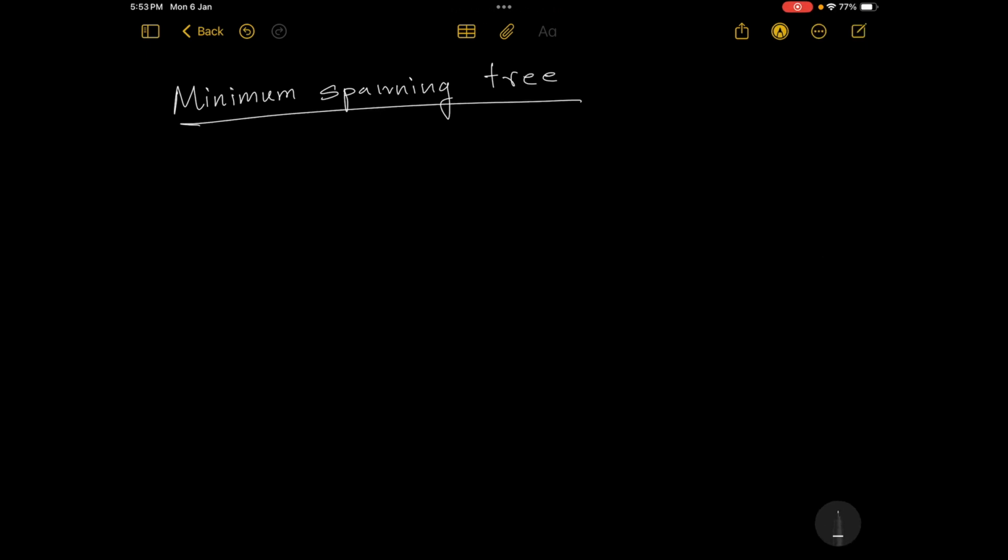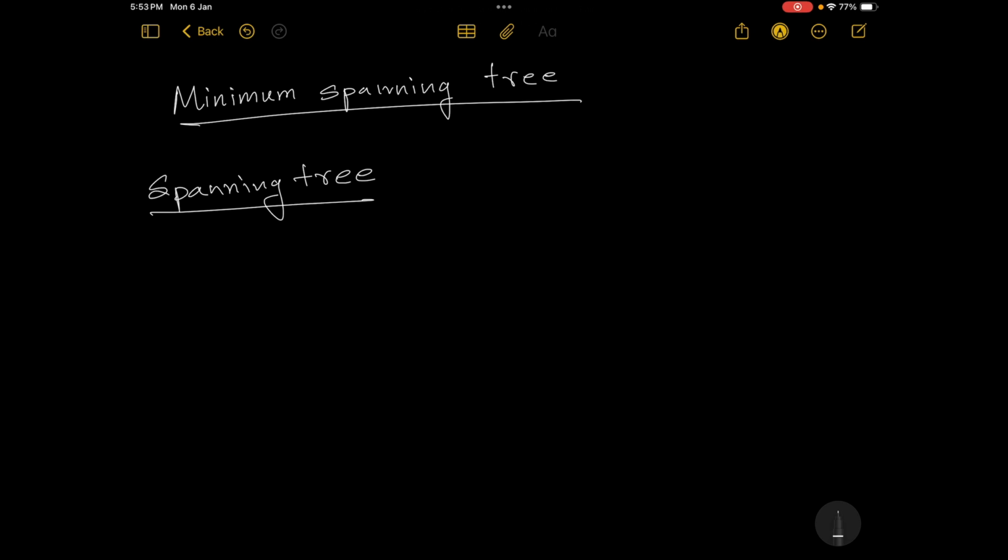Today we will talk about minimum spanning tree. Okay. Now before we talk about the minimum spanning tree, we should know what is a spanning tree